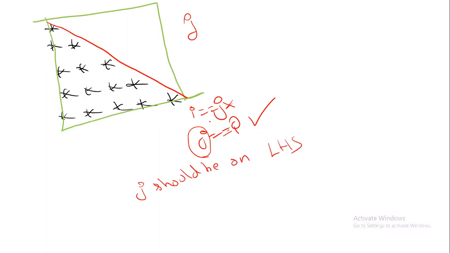It should be on the left hand side. So what's the line equation? J is equal to I. Sir, everything is fine. Next what? Next what means you have to think, okay, from this line,